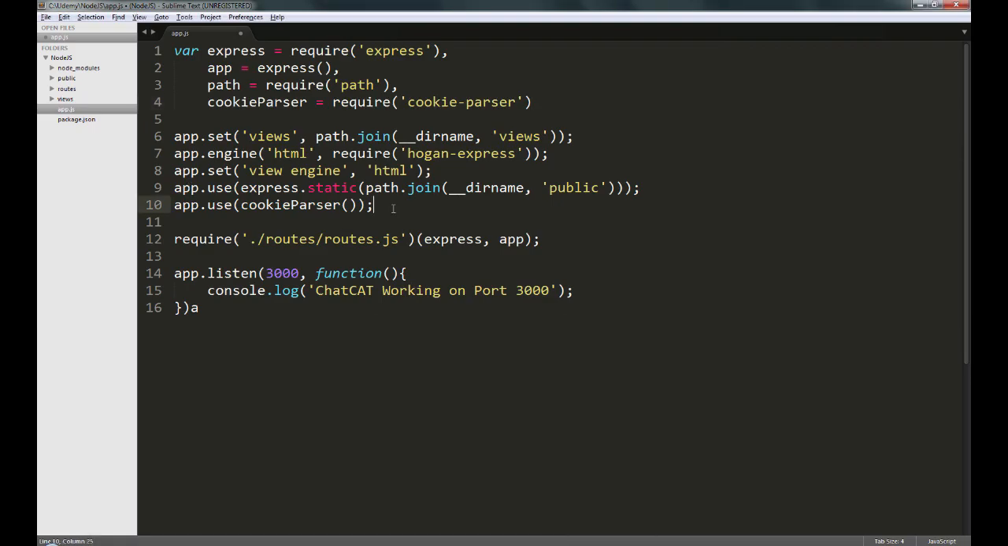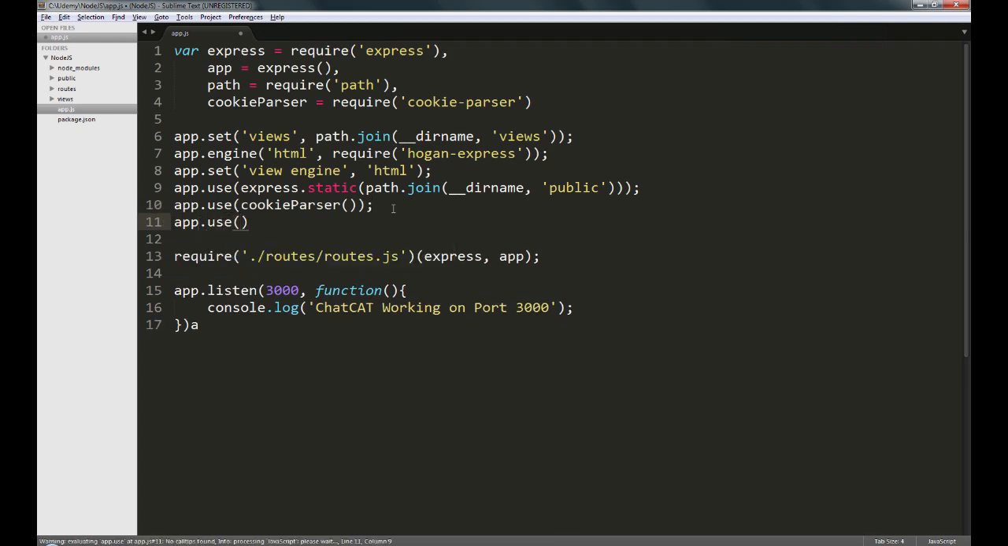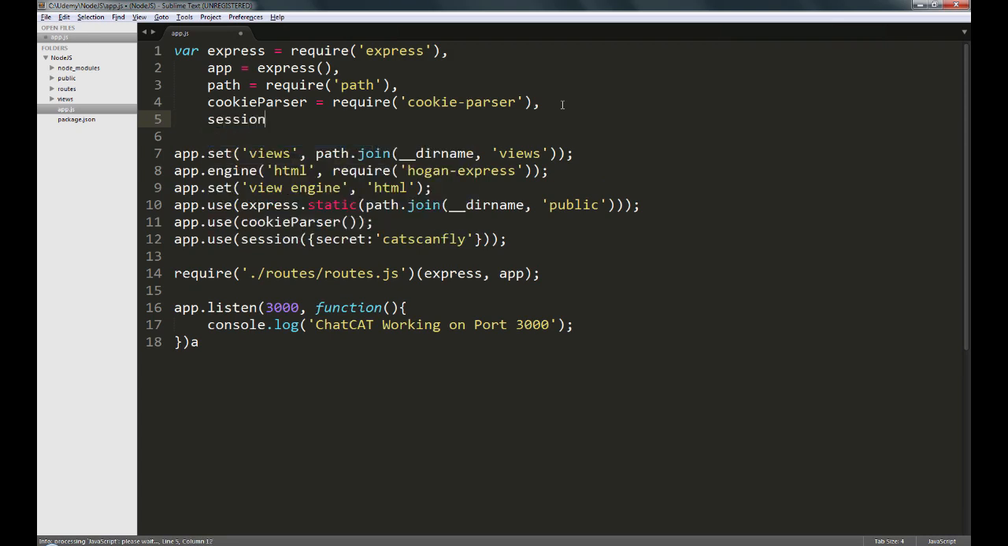Alright, so once we have the cookie parser, to actually enable this session, we're going to say app.use, and we're going to use the session middleware. So we're going to go into session, and within the brackets we need to set a secret, and let's set the secret to "cats can fly". And once again, to use the session, we require the session module. So let's download that as well. We're going to do session is equal to require express-session,